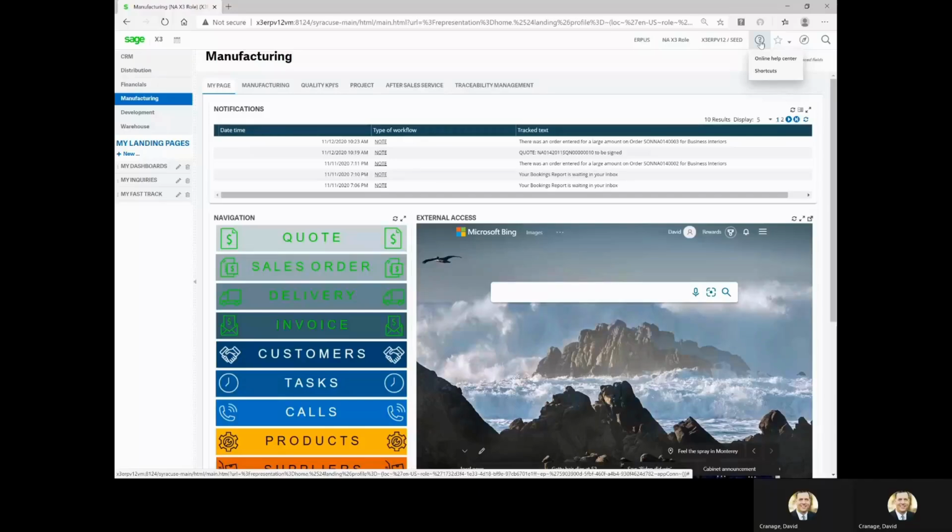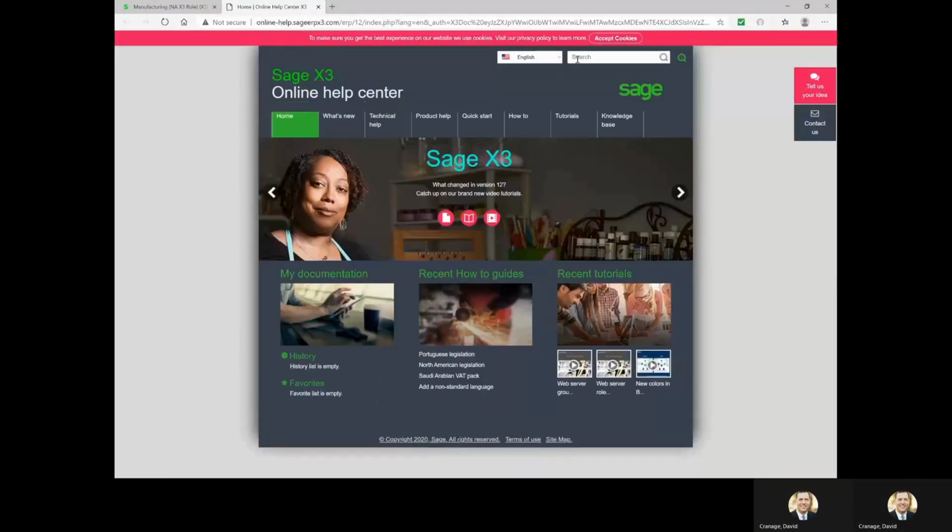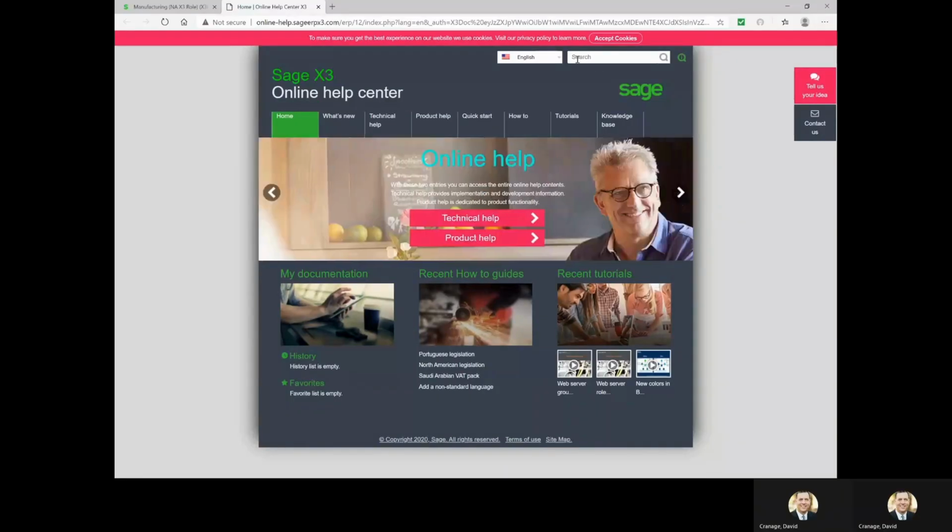So people that would rather use the keyboard than a mouse, X3 accommodates that. If I just quickly jump out to the Help Center, it's always available. It's always being updated. It's a central tool for everybody to access, and it covers everything from, hey, what's new in the current release, to recently added tutorials, to technical help on how to do certain things around the system